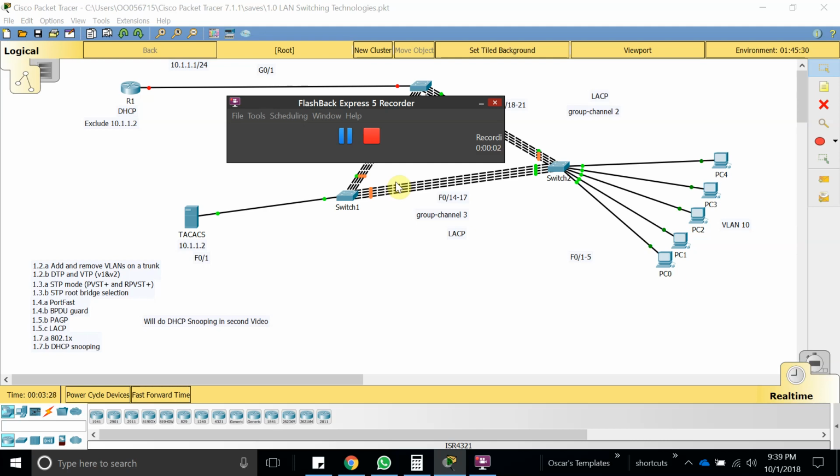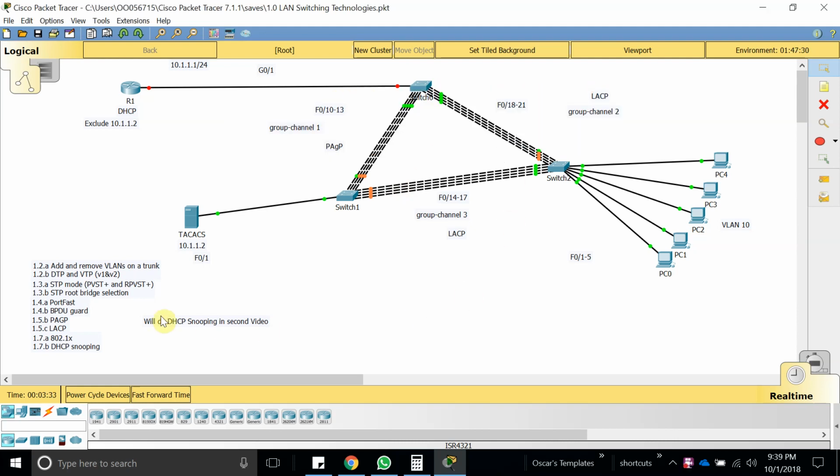Hello guys, welcome to this new video. In this video, as you can see, we are going to configure some VLANs. We're going to do some VTP and also some STP modes like RPVST plus. We're not going to use PVST. We are also going to configure PortFast, BPDU guard, and we are not going to do PAgP here, but we are going to configure